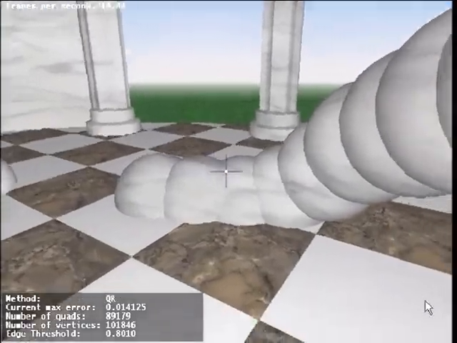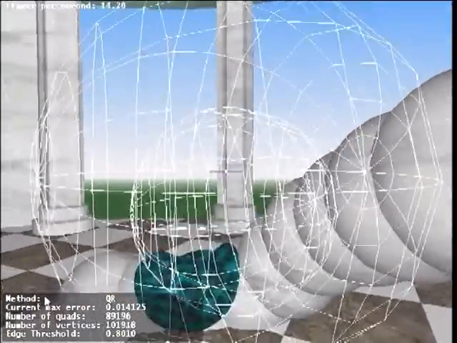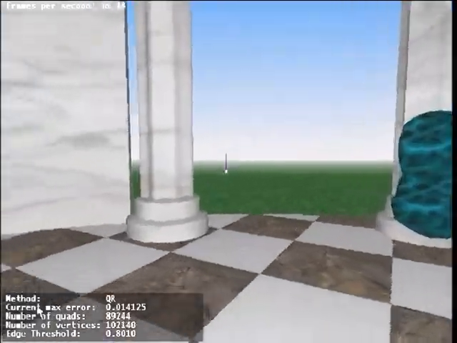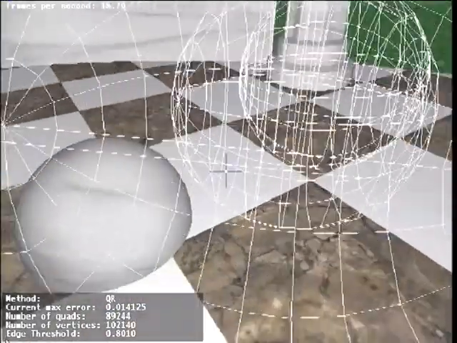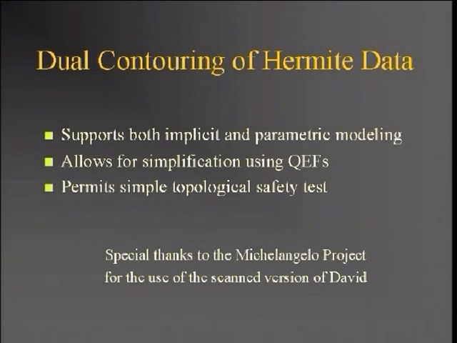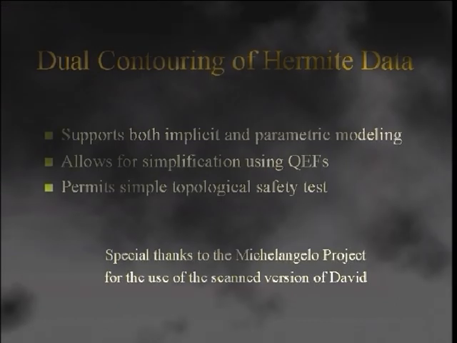Here you can see the underlying uniform grid that describes the surface. Vertices of the grid have signs, represented here as spheres and boxes, for inside and outside respectively. Those edges that contain a sign change are tagged with an exact intersection point and a normal, shown here in green. Polygon generation proceeds in 2 steps. First, our method constructs quadratic error functions for each cube from the Hermite data on its edges and calculates one vertex per cube at the